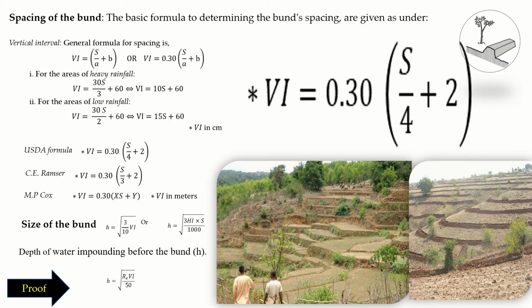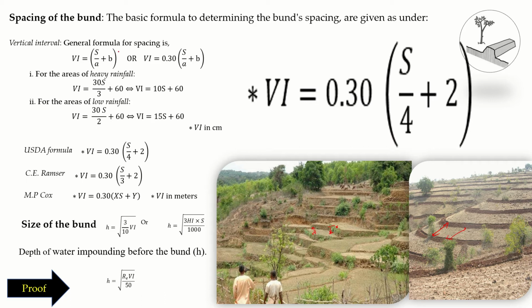Next, the horizontal spacing or horizontal interval. I just discussed that the horizontal interval between these two bunds is simply the horizontal interval, and the vertical interval is here. Suppose this is the top portion of this bund and this is the top portion of the other. What is the elevation, the vertical distance between these two bunds? This is my vertical distance of these two successive bunds. That is called your simple vertical interval between two successive bunds.